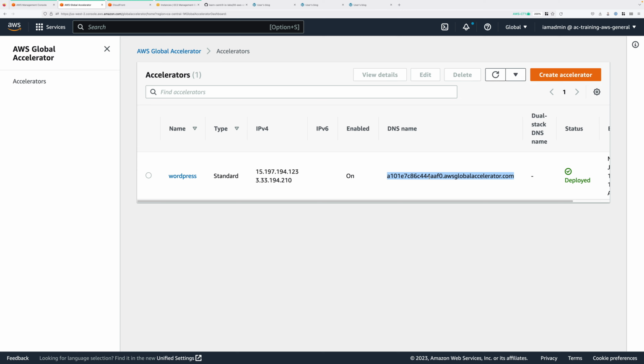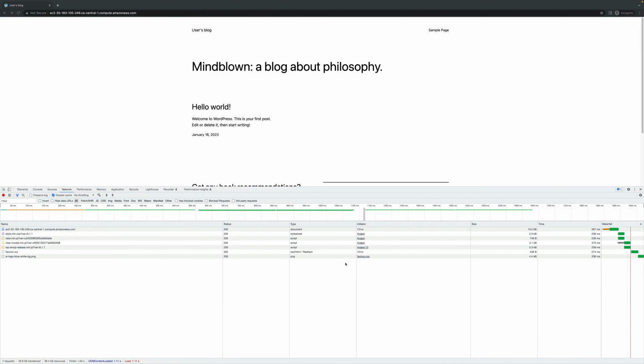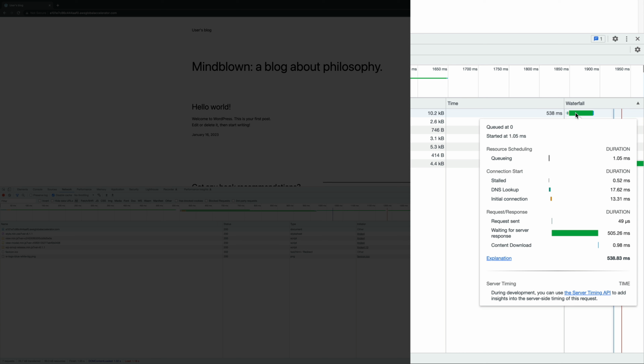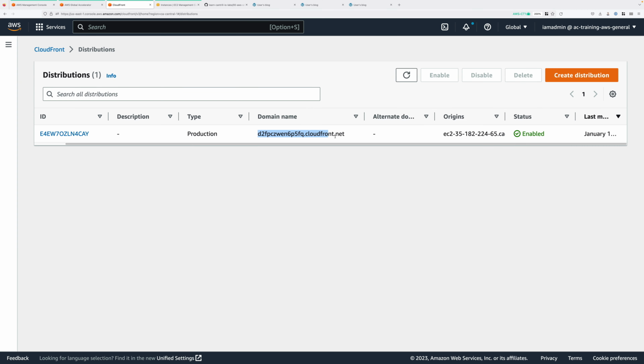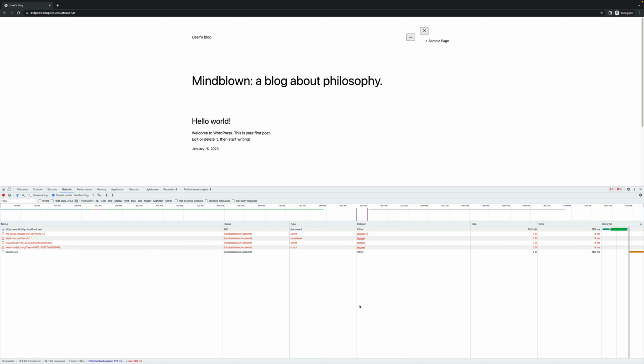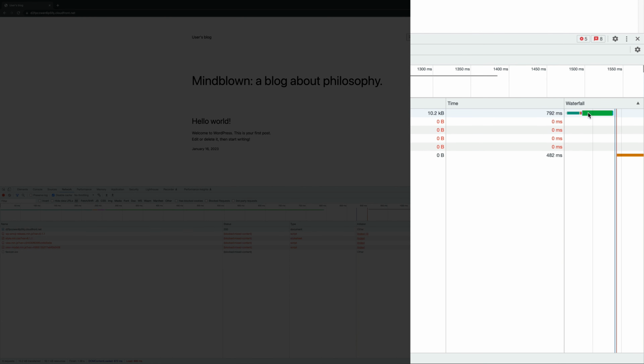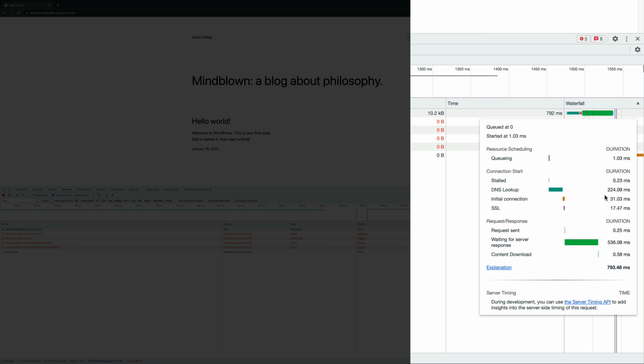Now let's contrast this by if we open up Global Accelerator, and then look at this value again. Notice how the initial connection is only 13 milliseconds and the time waiting for a response is 500. So if this page load was bigger and more complex, it would start loading faster because this initial connection is made to a local edge location. And the same is true if we open this web page using a CloudFront distribution. Again, the initial connection is relatively quick to make because it's to a local edge location, and the connection takes a similar amount of time to get a response, so 500 milliseconds.